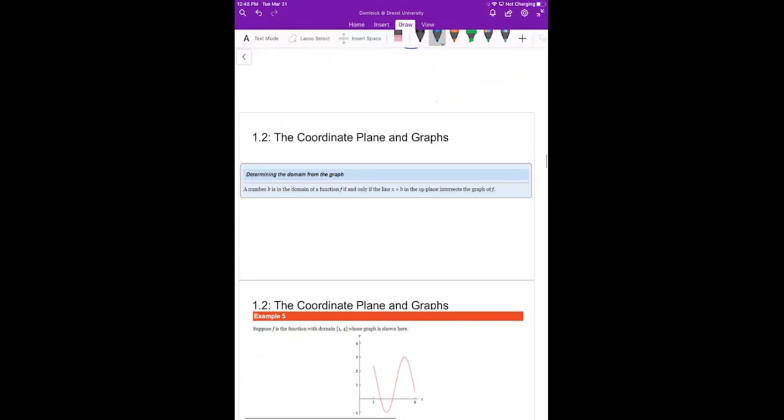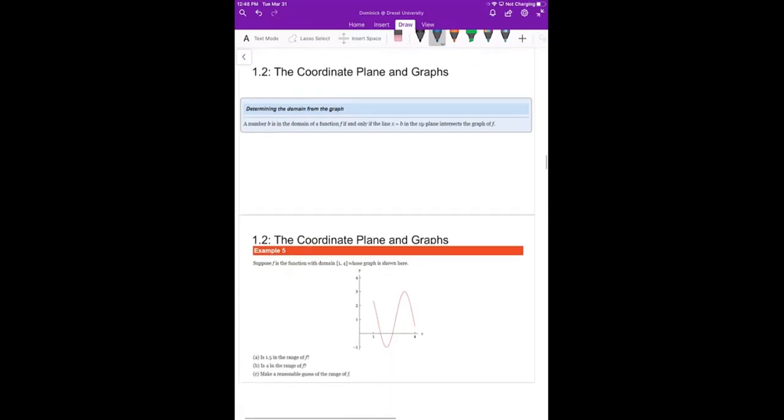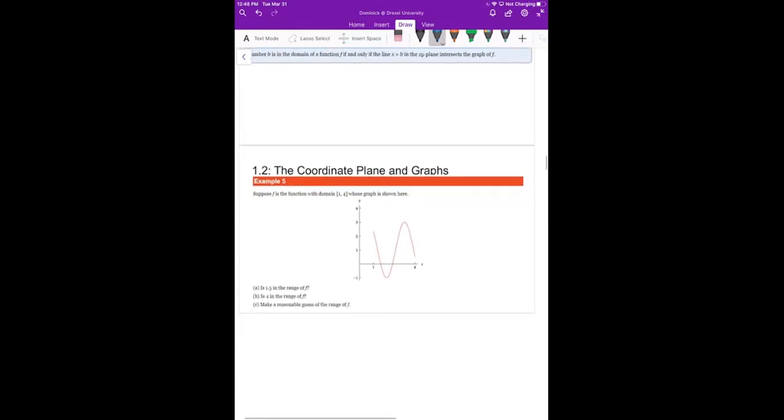Okay. And again, this is just explaining what we just talked about. We said that a number is in the domain of a function if, when you draw a vertical line there, you do hit the graph. All right. So now we can apply a similar approach for the range. Now the range, again, remember, is the y values. So for part A, 1.5 corresponds to a value here. If I draw a horizontal line there, I do hit the graph. So 1.5 is in the range